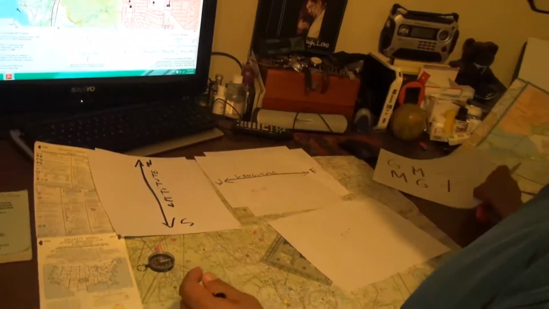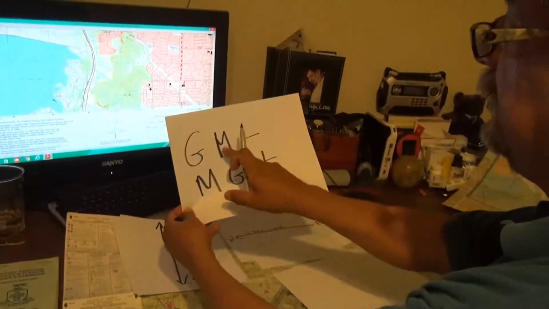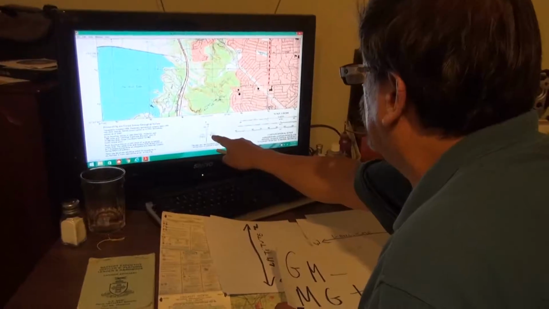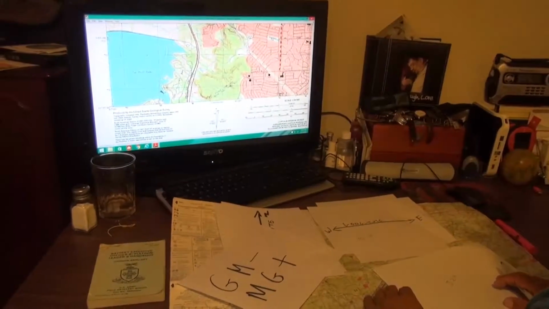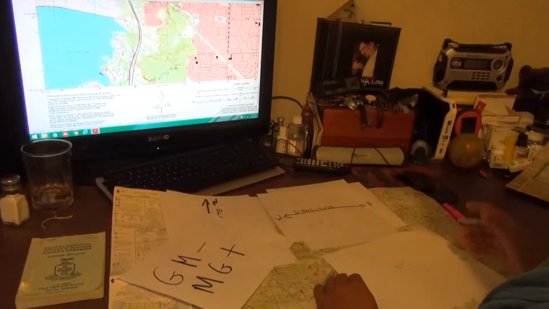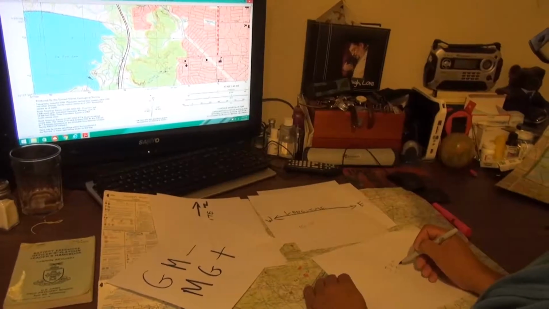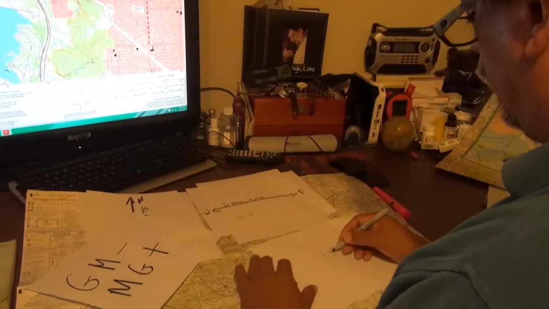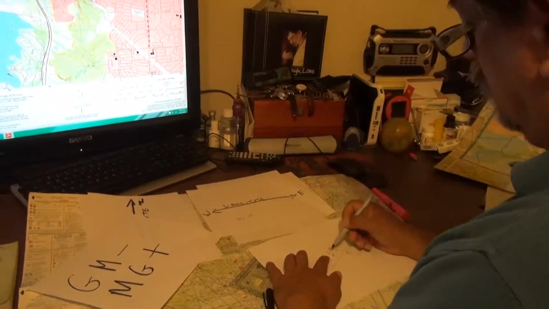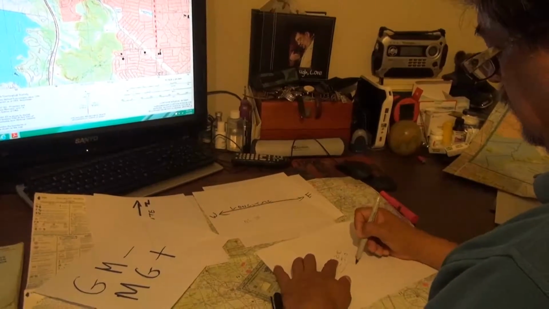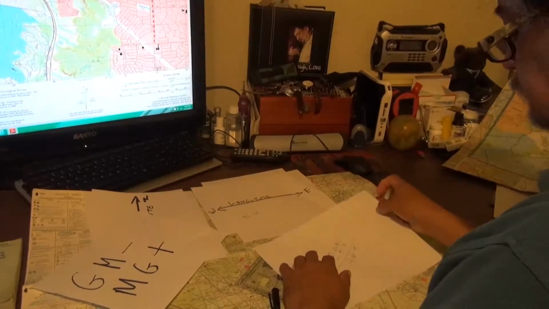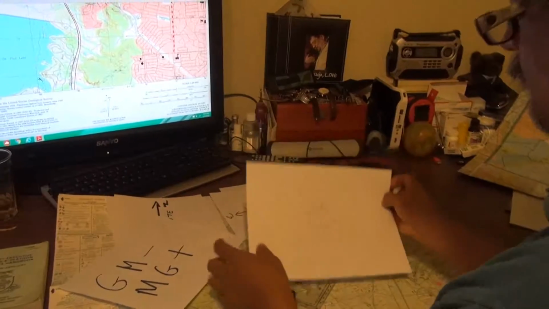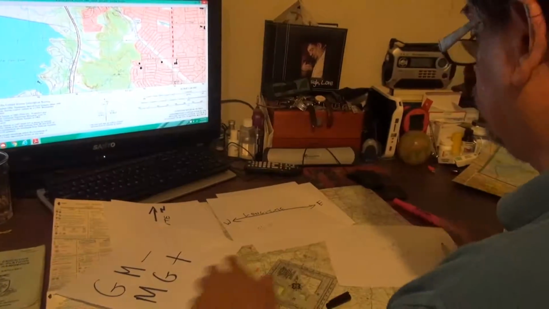So, what is the legend? From grid to magnetic, you're going to subtract. How many degrees you're going to subtract? 5.5. Okay? So that would be 52 minus 5.5, which is 46.5 degrees. So when you get your compass,